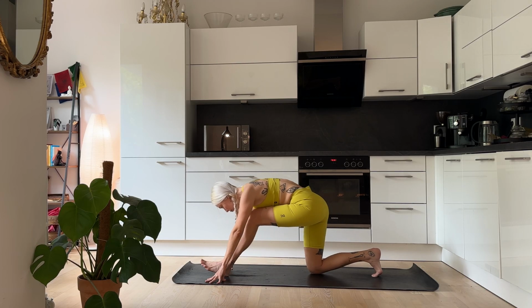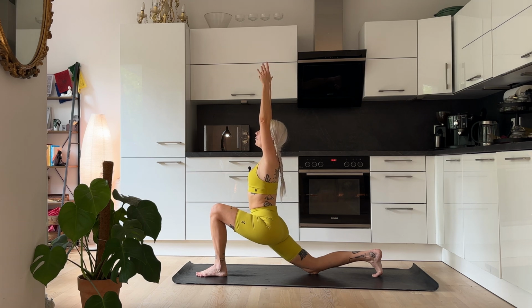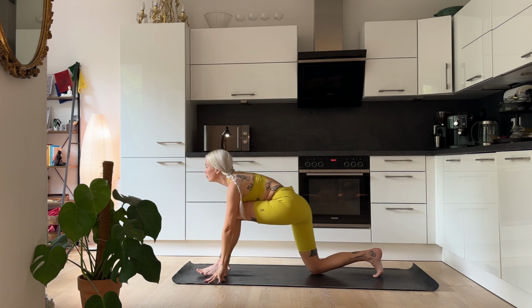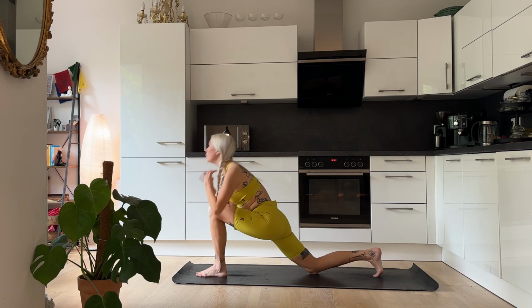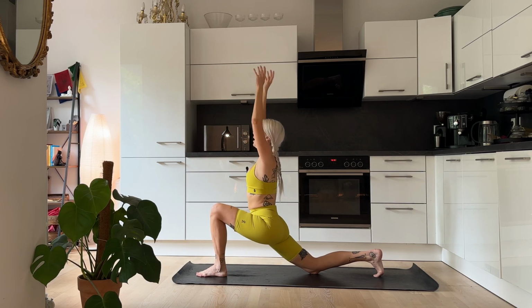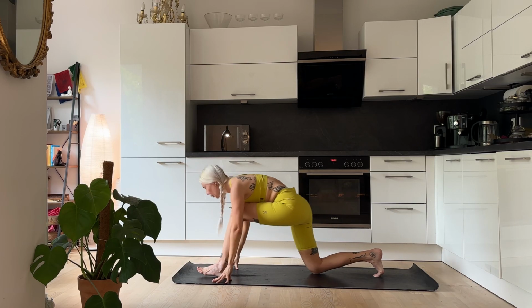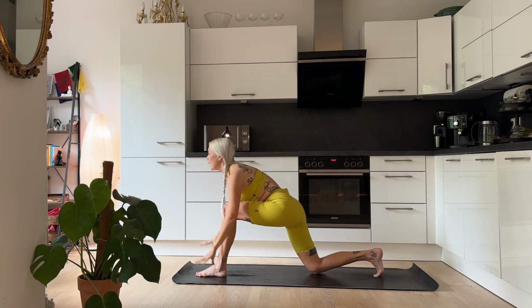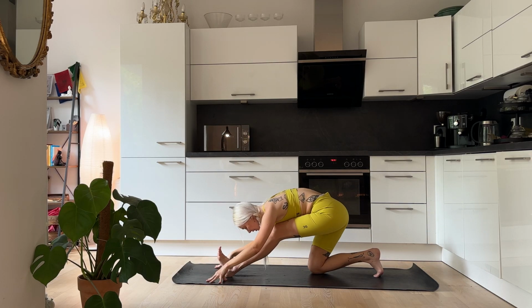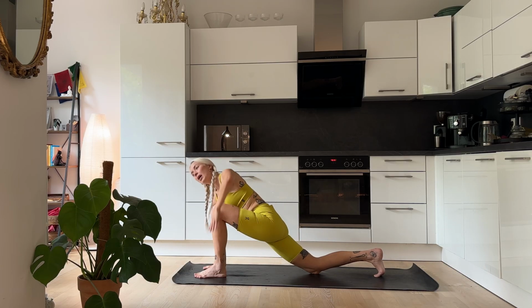And then we flow breath to movement. Inhale, arms come up, coming into our low lunge. And exhale, hamstring stretch. Inhale, low lunge. And exhale, hamstring stretch. Last one, inhale, arms all the way up. And exhale, hamstring stretch. And then we come forward again, planting that right hand down this time, lifting the left